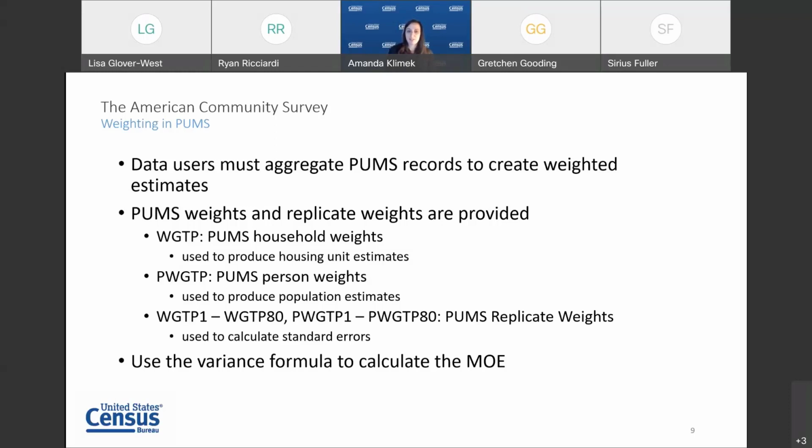Housing characteristics cannot be tallied from this merged file without taking extra steps to ensure that each housing weight is counted only once per household. Replicate weights, those numbered 1 through 80, are used for calculating replicate estimates needed to calculate standard errors. Standard errors using replicate weights are necessary in order to calculate associated margins of error, or MOEs.